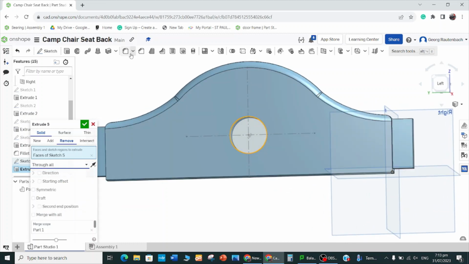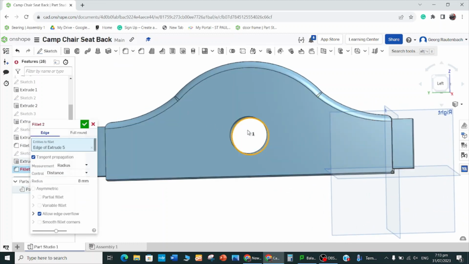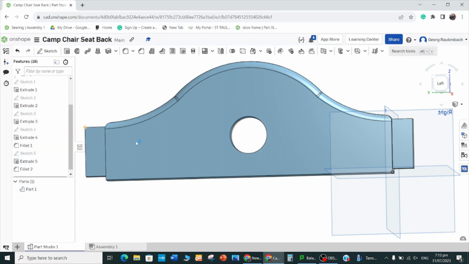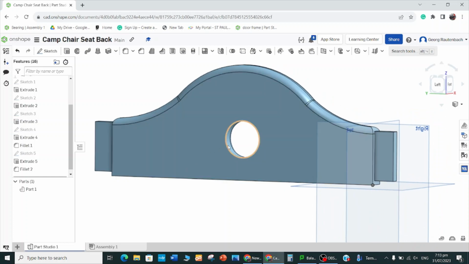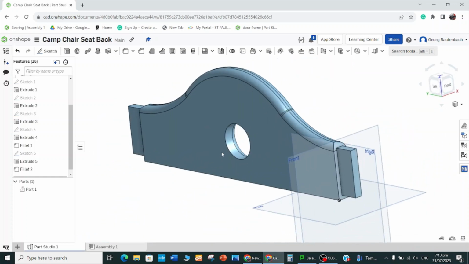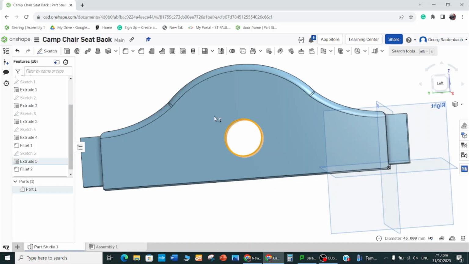And then I can fillet that as well. So I'll fillet that 8 mils as well. So we'll go fillet of 8 mils, and then fillet it that side. So we'll fillet this side as well. So choose